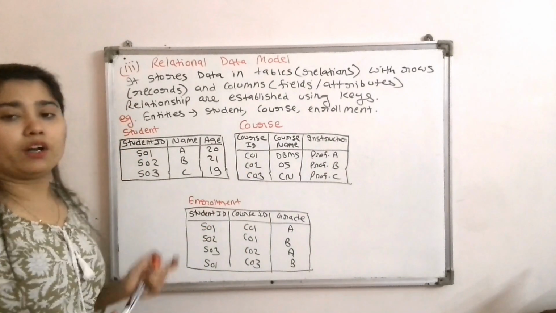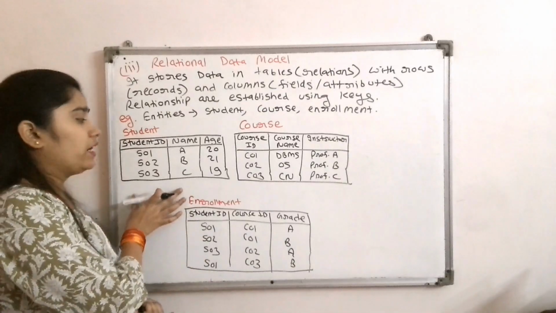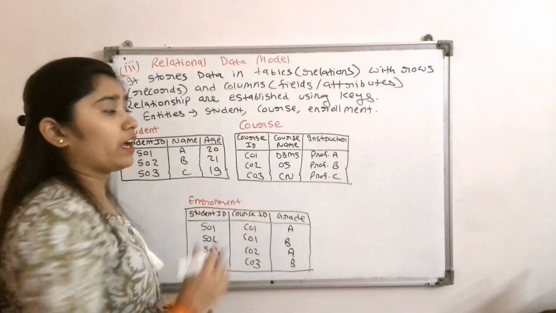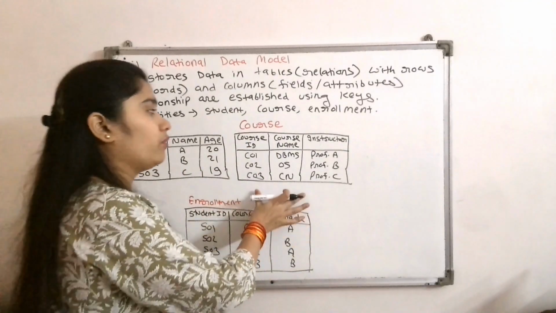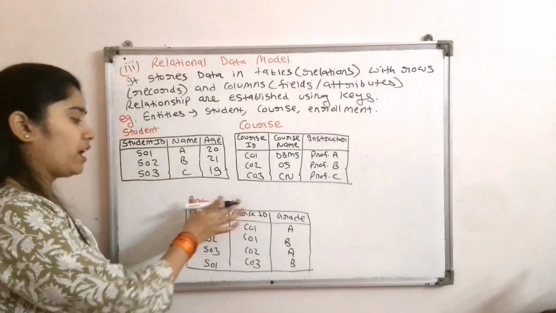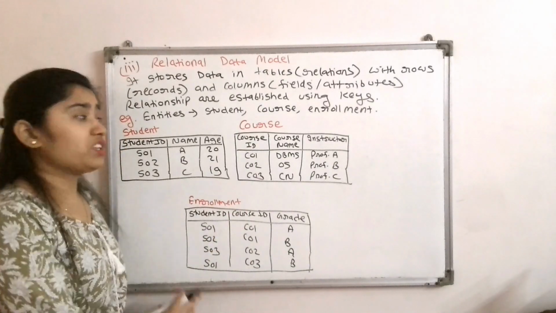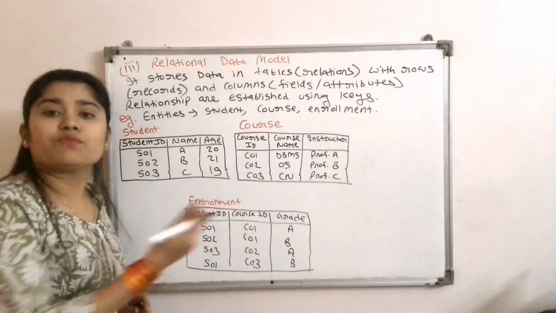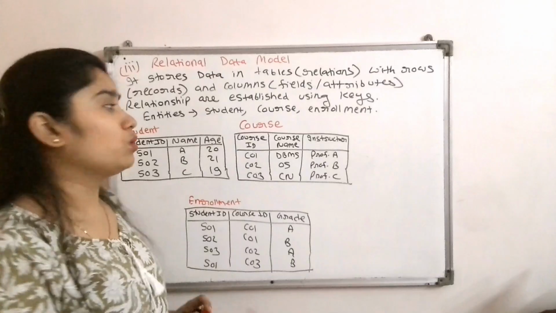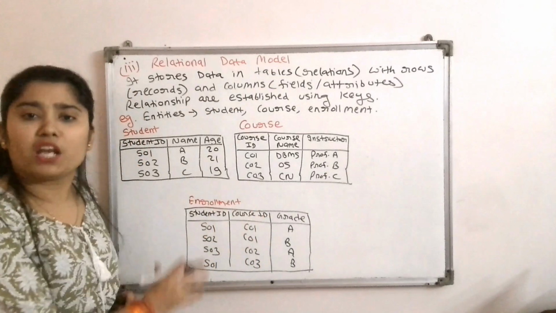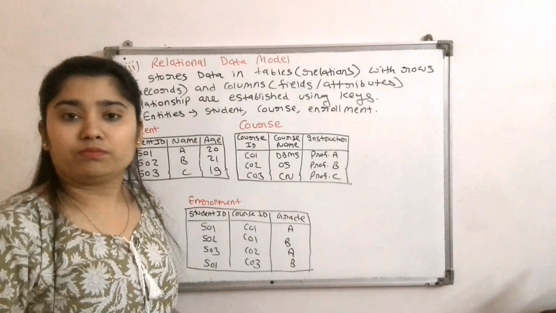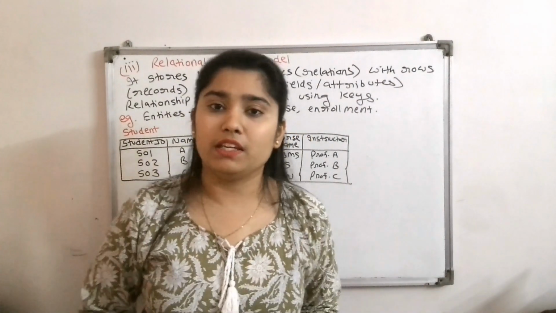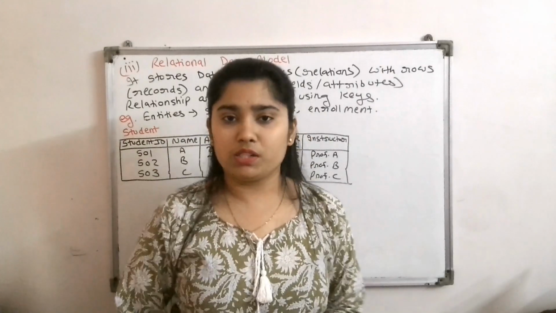See here, now we have created all three tables. The student table stores the data of the students. Second, we have the course table, which stores all the data of the courses, and the third table is the enrollment table, which links the student and the course tables using the foreign key. Now what is a foreign key? See, a foreign key is used to link or establish the relationship between the tables. What are these keys? We will study them later in videos, and in detail we will study all the keys, because there are many other types of keys also.